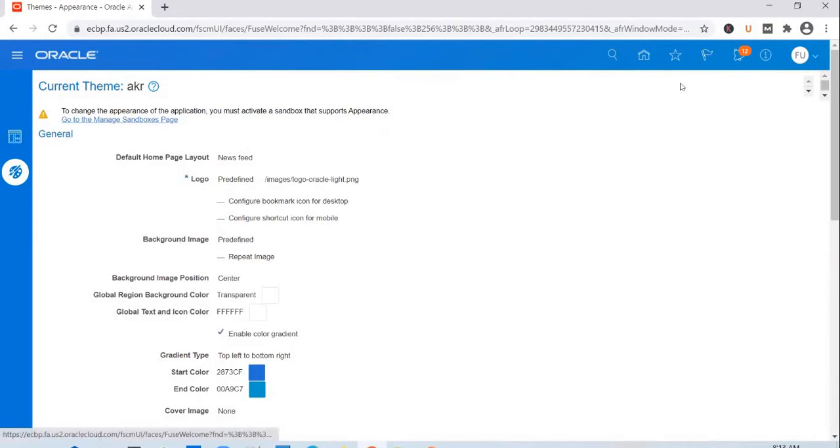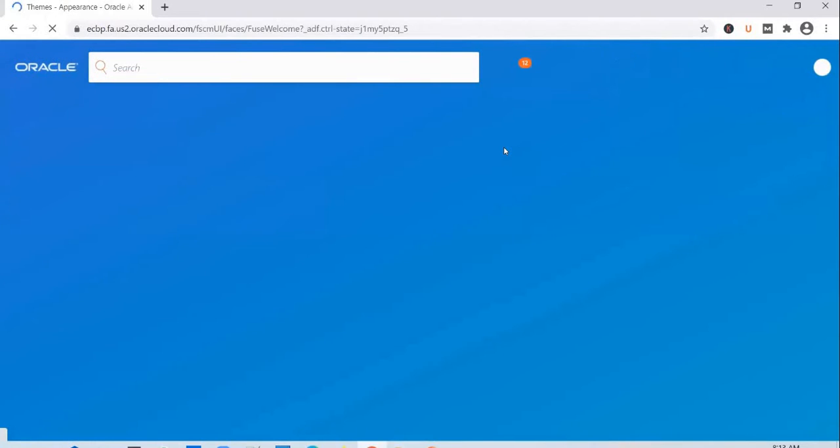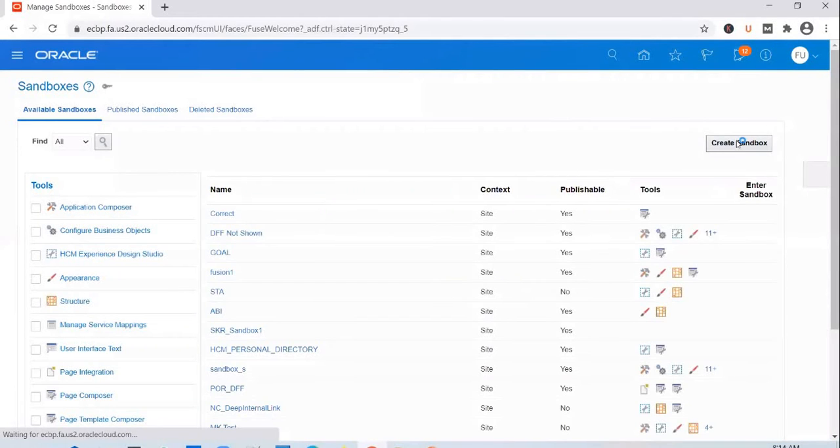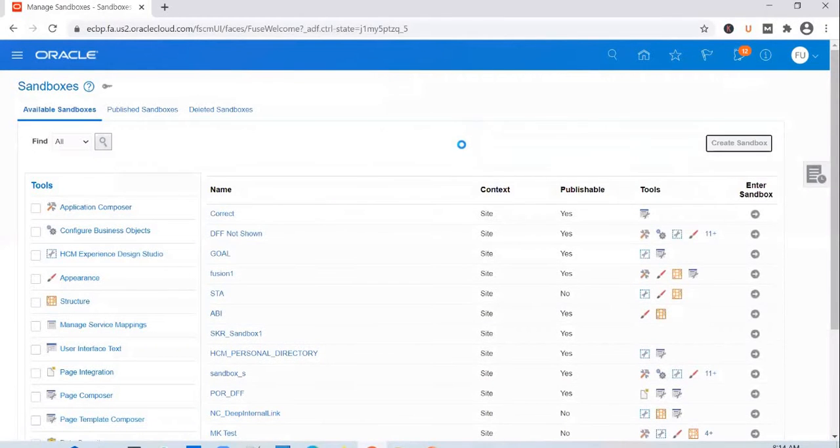You can go from here, or another option is to go to the home page, go to the configuration work area, and the sandboxes will be the first work area available under configuration. Click on sandboxes. Create a new one.